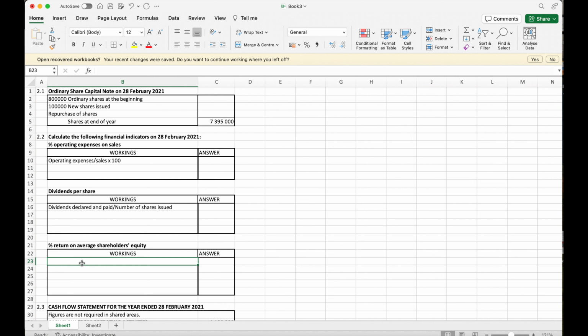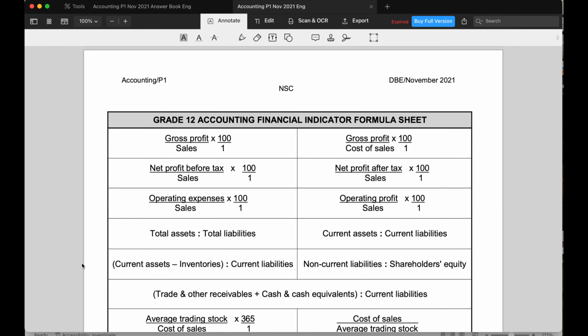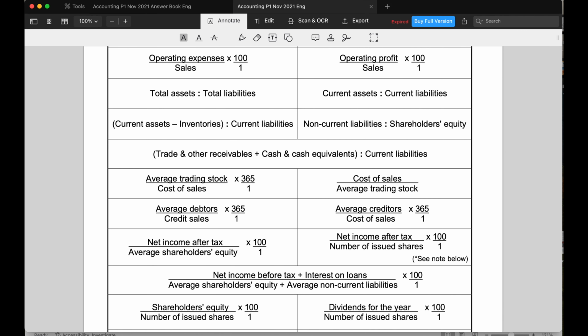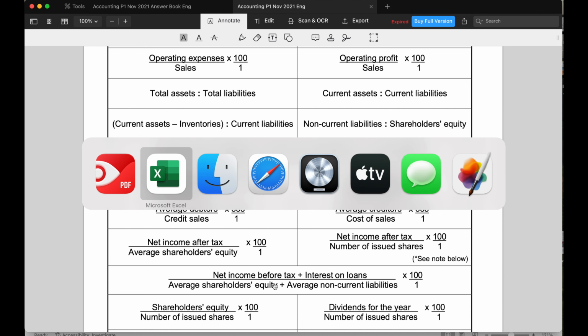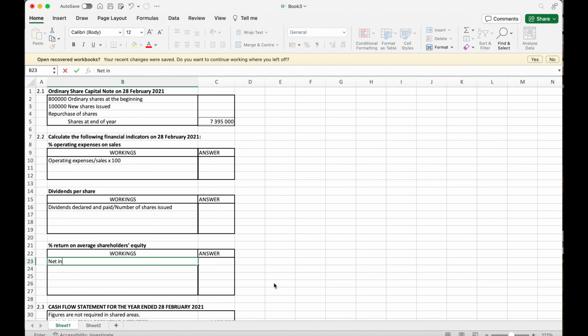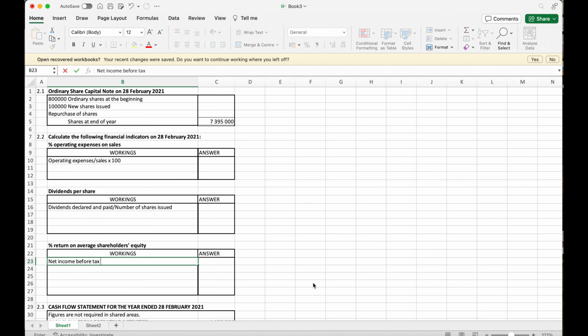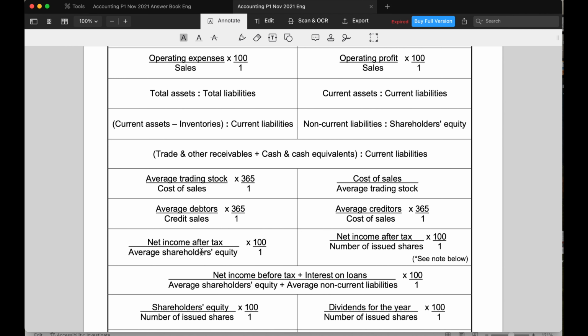And then percentage return on average shareholders' equity. You can also check that and say, okay, percentage return on average shareholders' equity. You are like, okay, net income before tax. Net income before tax plus interest on loan. That's how it is, plus interest on loan. Over average... what? You check average